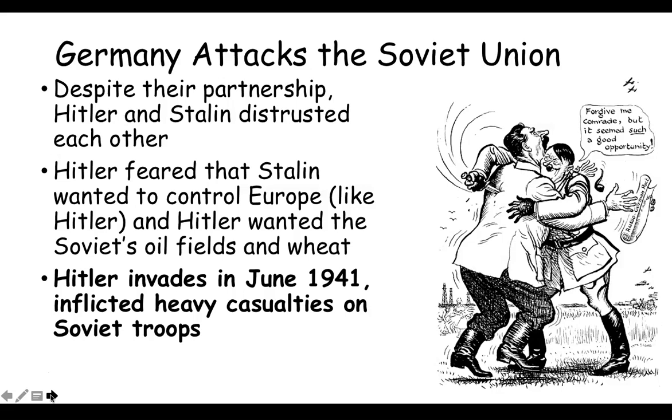Everything, of course, starts to change, though, because we're going to see that Germany then decides to attack the Soviet Union in June in 1941 and to break their promise, mostly because they had planned on doing it eventually anyway. And so he was just waiting for the right moment until he pretty much conquered all of Western Europe. So then he starts to attack Russia, and his plan is to inflict heavy casualties. He's still going to use Blitzkrieg. He didn't trust Stalin. He thought Stalin was going to stab him in the back, so he did it first.